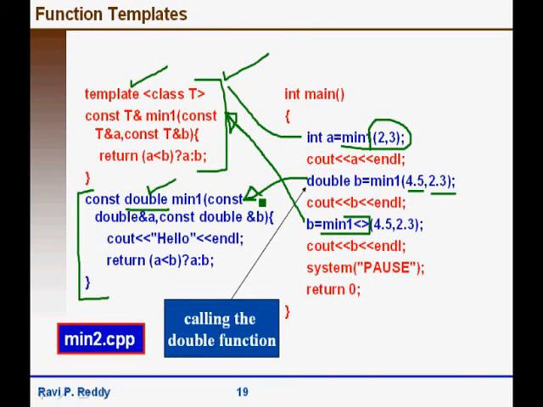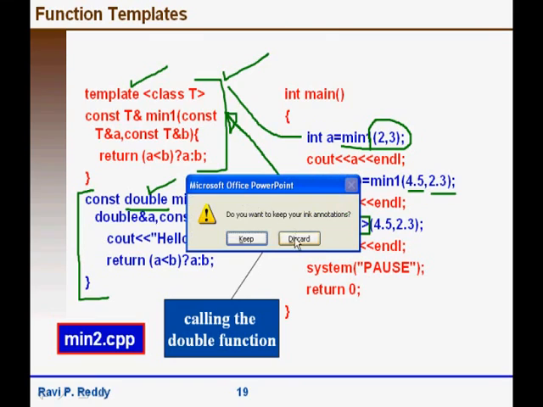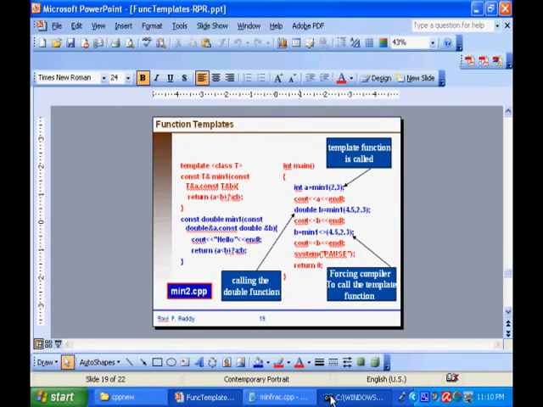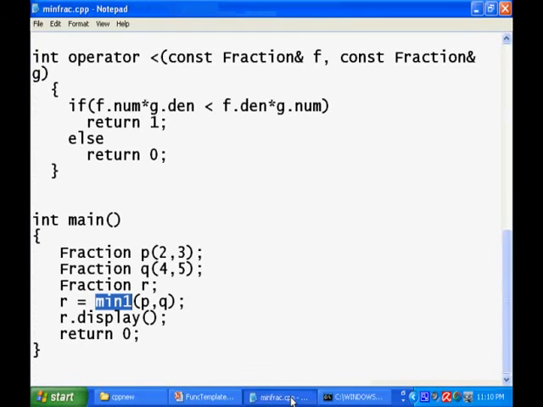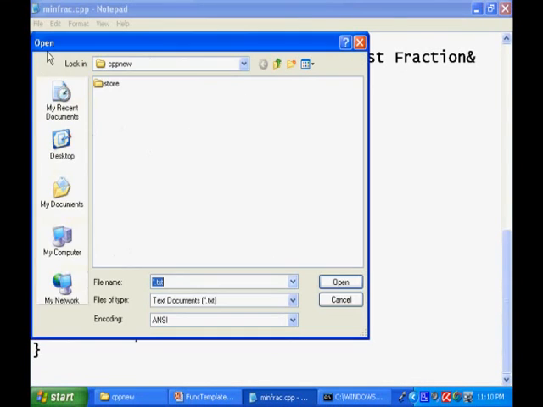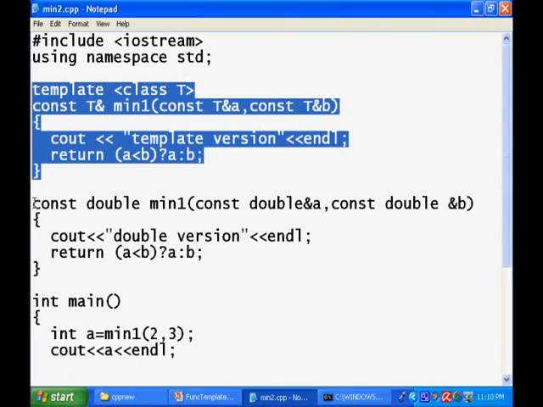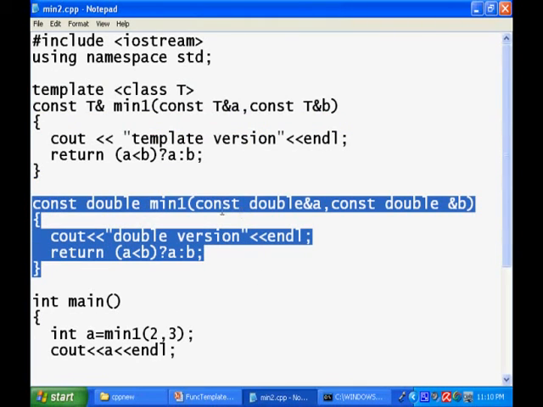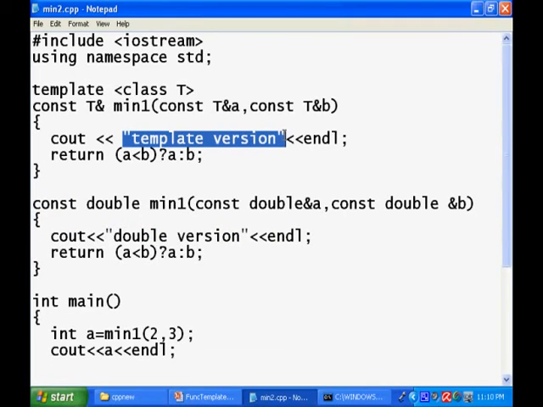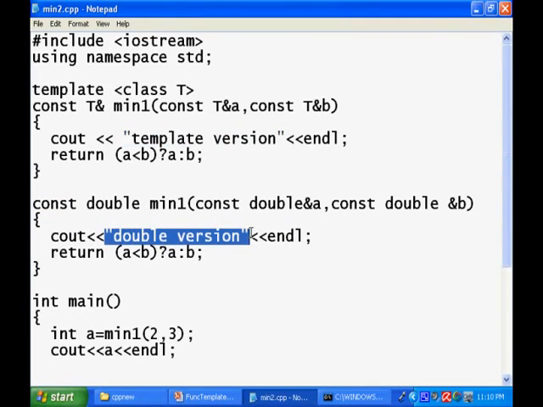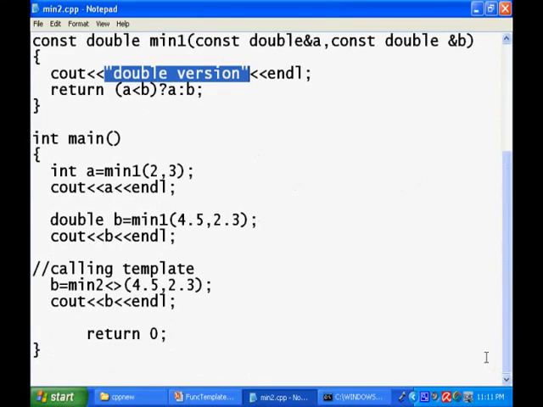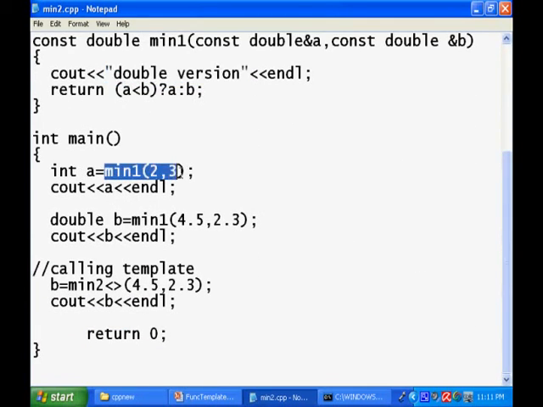Let's see this in the example min2.cpp. Here's our function template min1. Here's our specific version for the type double. Here it prints template version and does the work. It prints the double version and does the work. Now as we saw in the code, min1 of 1, 2, 3 calls the template with the integer values. Min1 with the double calls the specific double version,